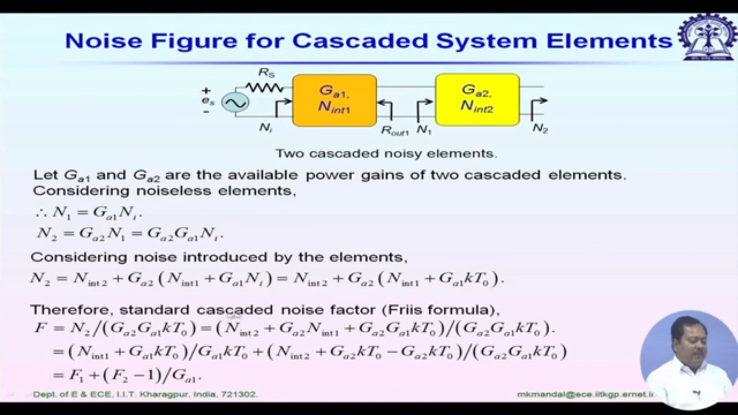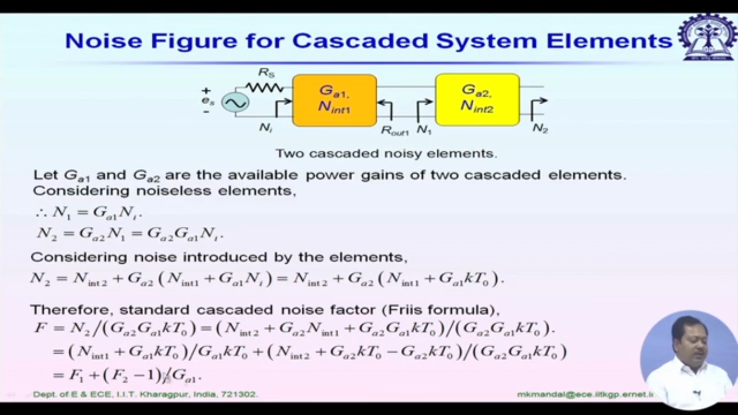Now if I consider the first term N internal 2, we are simply adding and subtracting GA2 KT naught. So the original term is N internal 2, then plus minus GA2 KT naught divided by this. So it simplifies to F1, N internal 1 plus GA1 KT naught by GA1 KT naught, this is F1 plus F2 minus 1 by GA1. So this is for a